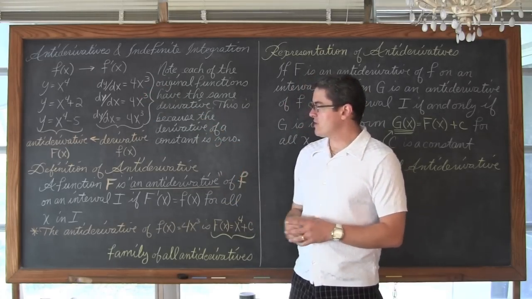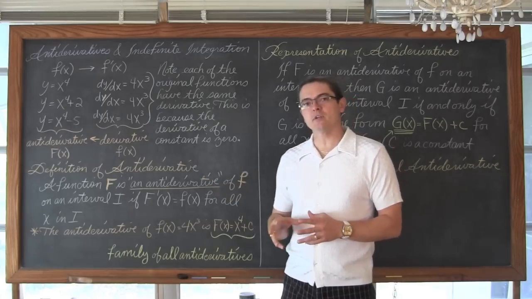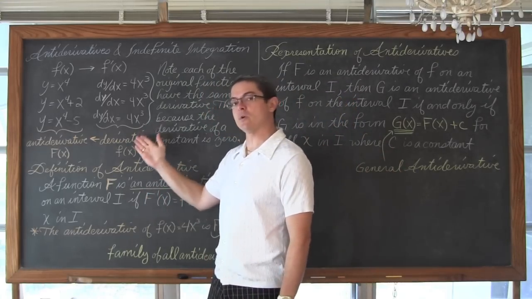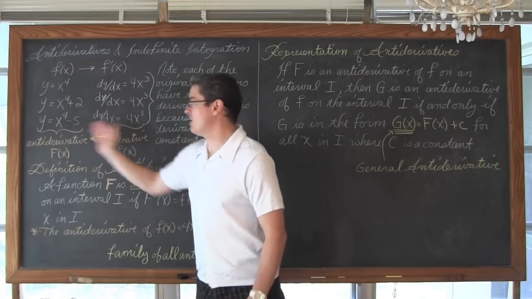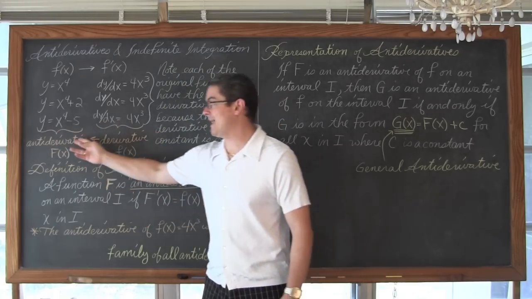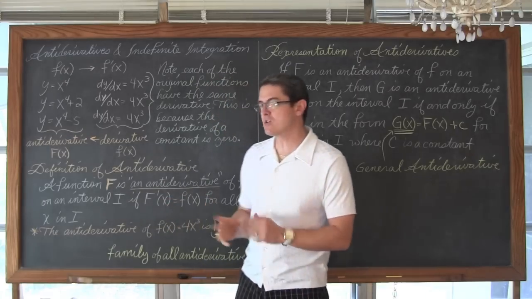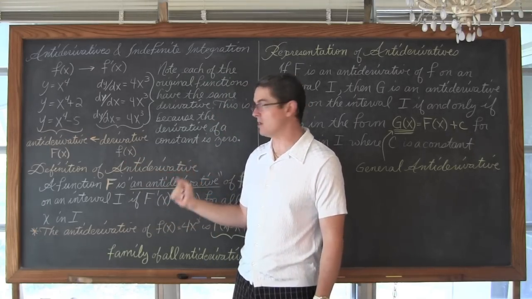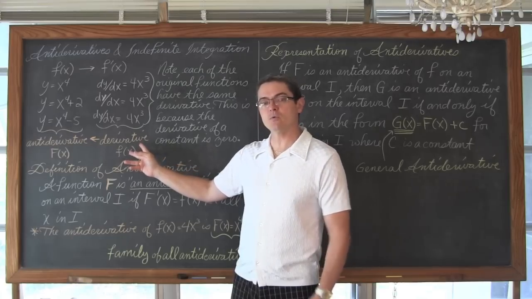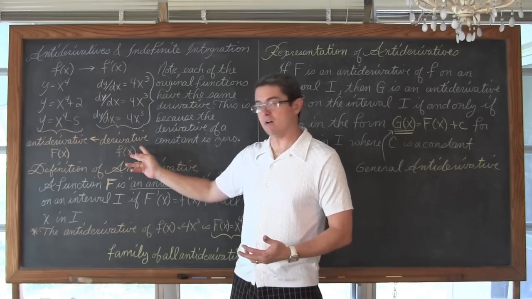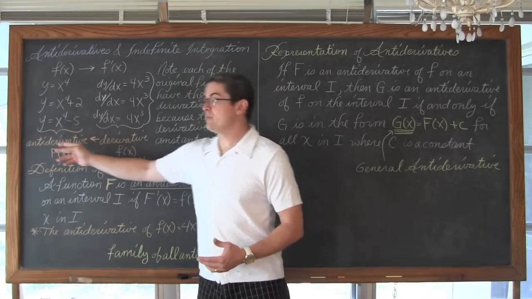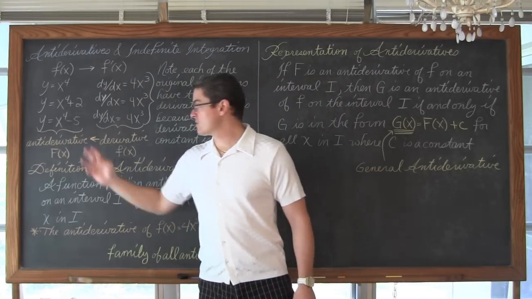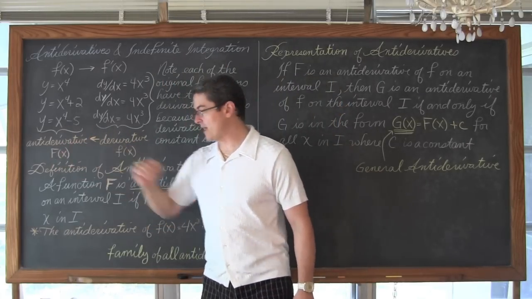So to match this definition of antiderivative, and realizing that we're going to be given the derivatives and have to go back and find the original function or the antiderivative, we're going to change the notation a little bit. When we're given this derivative, we're going to say that it's a lowercase f. And when we go through the indefinite integration process, we're going to be trying to find the original function, which we're going to call capital F of x.